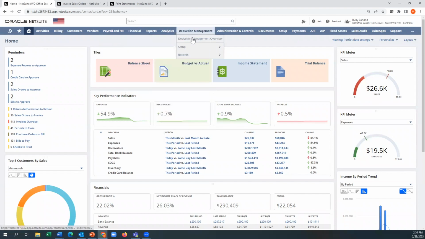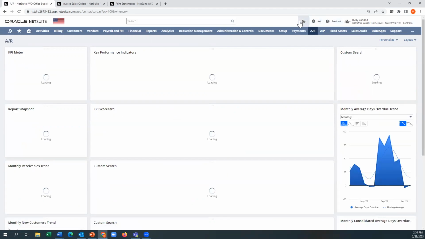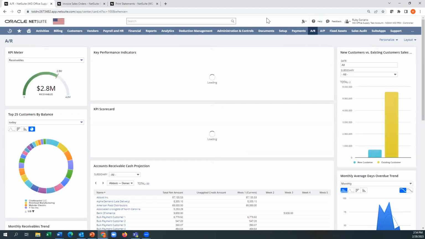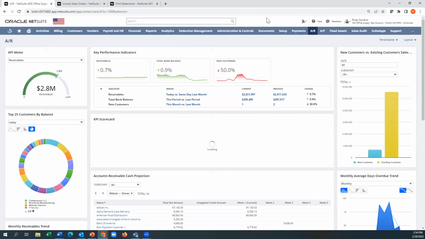Deduction management is more for people that are dealing with the Walmarts, where you need to have all of those deductions that they apply to you automatically taken off. You can see we have direct AP and AR. So if I click that, it takes me into a secondary dashboard that's focused on accounts receivable.